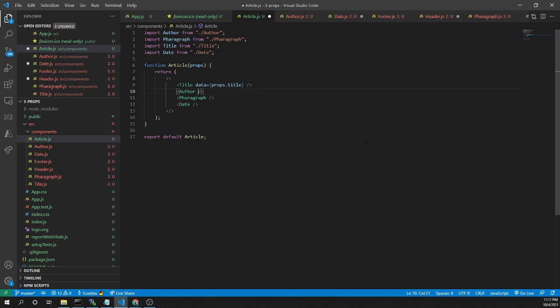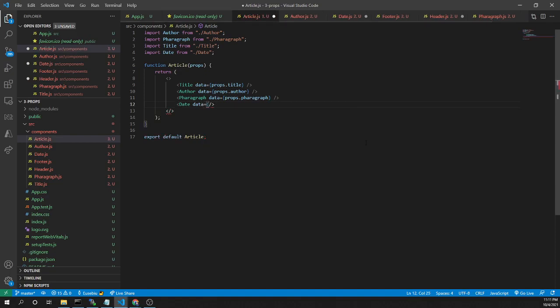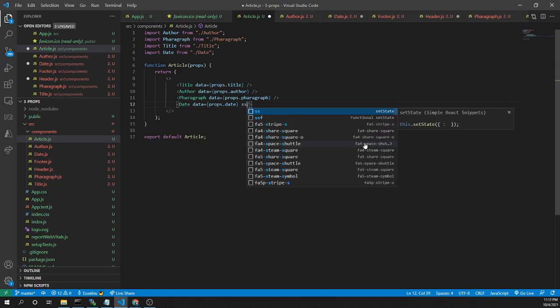I'll do the same with the author. So in the author I'll put data with the value props author. Also in the paragraph I'm adding data, and here I'm putting props paragraph. And also in the date I need to put the data equal with the props date.